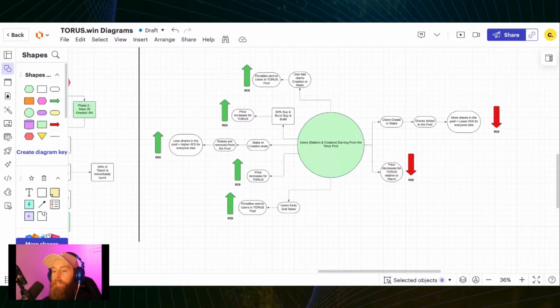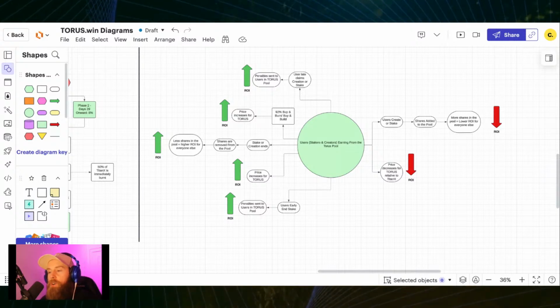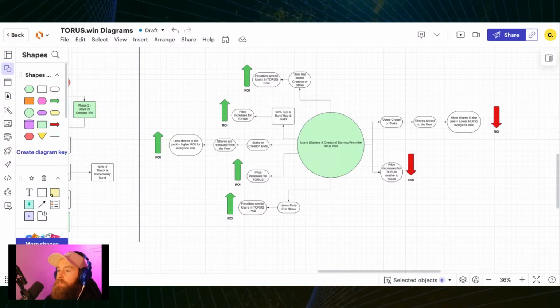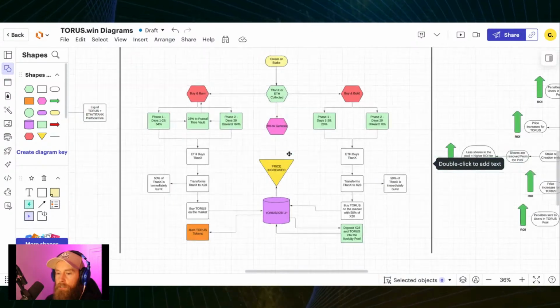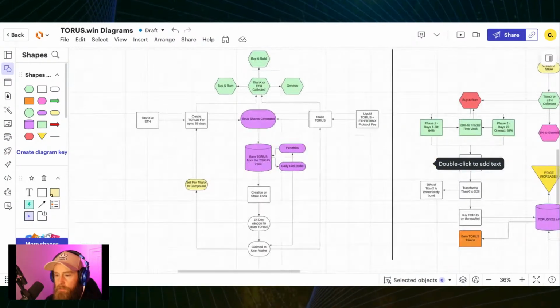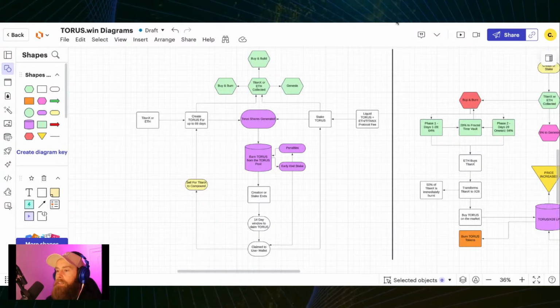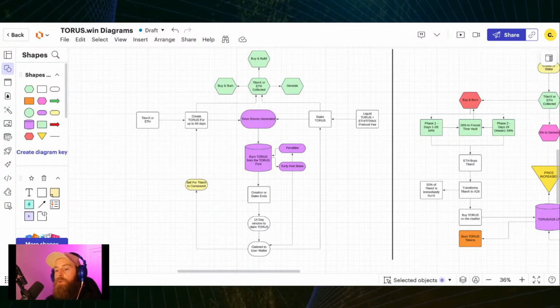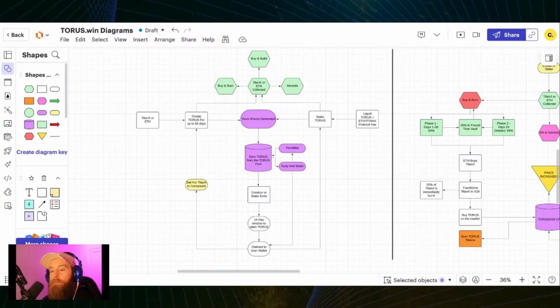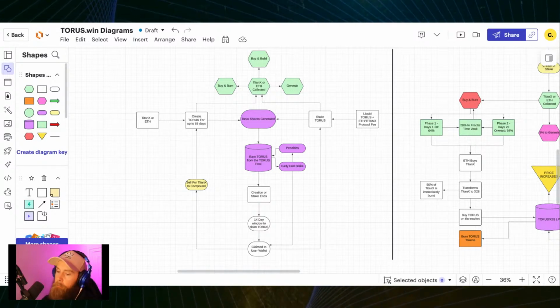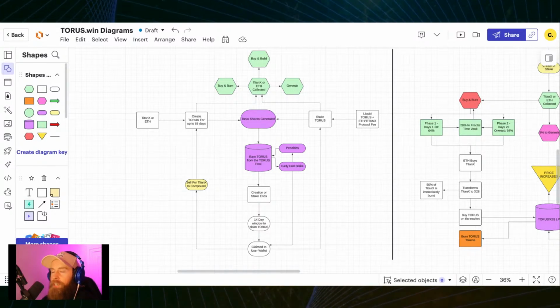Now, here's where things get really cool though. So TORUS on its own, if we were to build TORUS, do we need anything else here? We'll come back to this. But now TORUS generates its own ROI, right, from the system itself. So here's where things get magical.